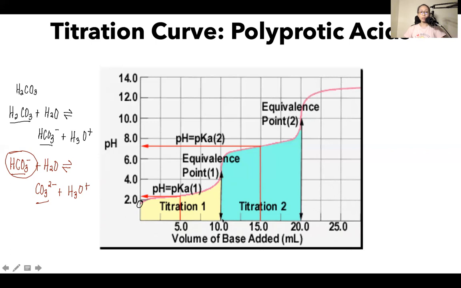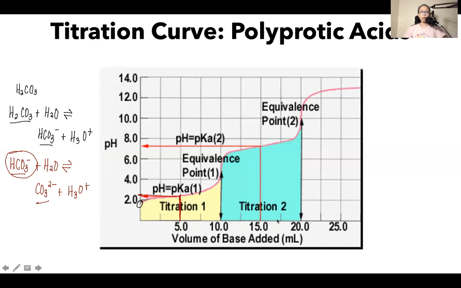Get half of that, that's 5 mL, project this onto your titration curve, and then project this to your y-axis. And the pH value here,